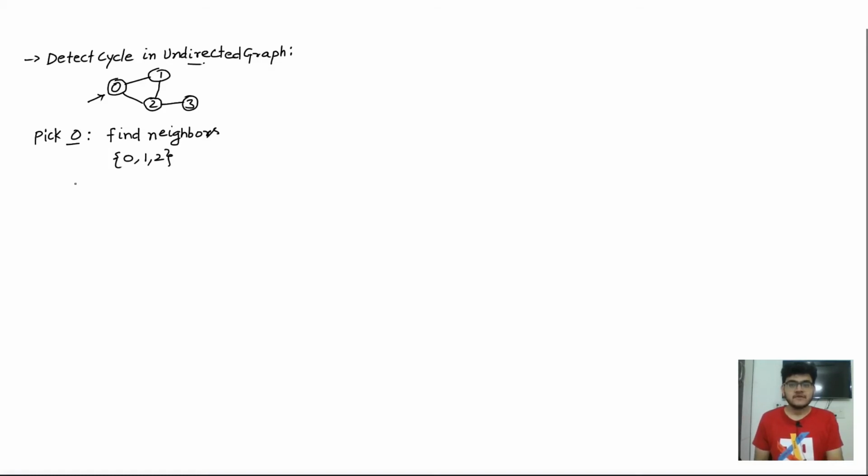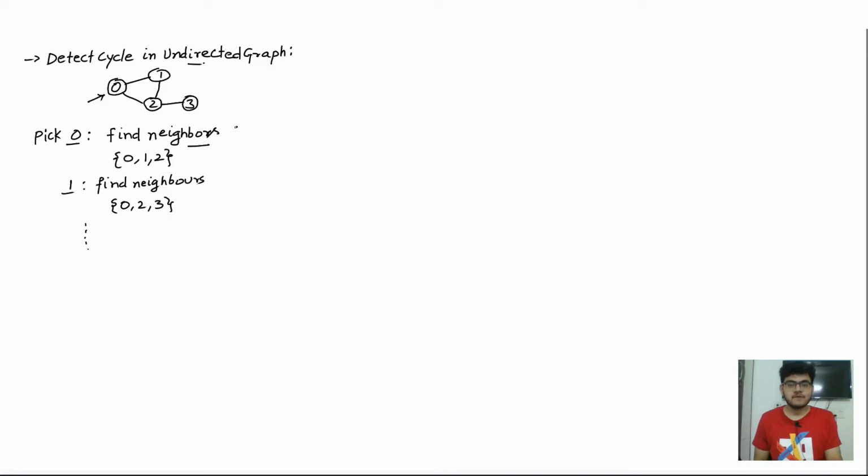So we are going to do the same with all the other nodes also. We will do that with 1 also. We will find the neighbors one by one and we will keep adding them to the subset. So 1 is connected to 0 and it is also connected to 2, then 3, and so on, right? We will do that for each and every one of these subsets. So for each and every node, I will find the neighbors.